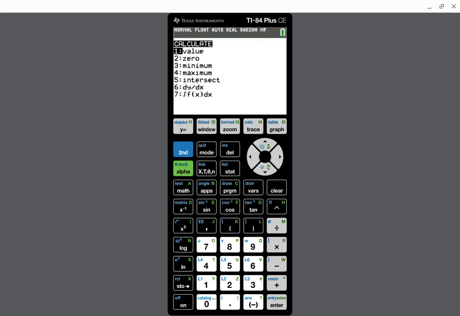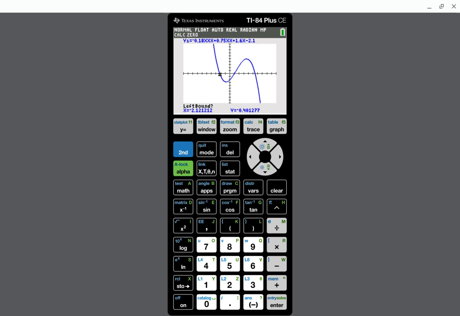Second, calc, choice 2. The calc is above the trace key. And instead of scrolling like I did last time, I'm just going to type a number. Well, let me put my cursor on top so you know where I'm looking. I want a number that's to the left of that blinking thing, so I'm going to use 0. Hit enter. And one that's to the right of it, so from here it's basically on top of the 1. I could maybe use 3. Yeah, let's use 3, enter, and then hit enter once more, and it should tell you the next answer is